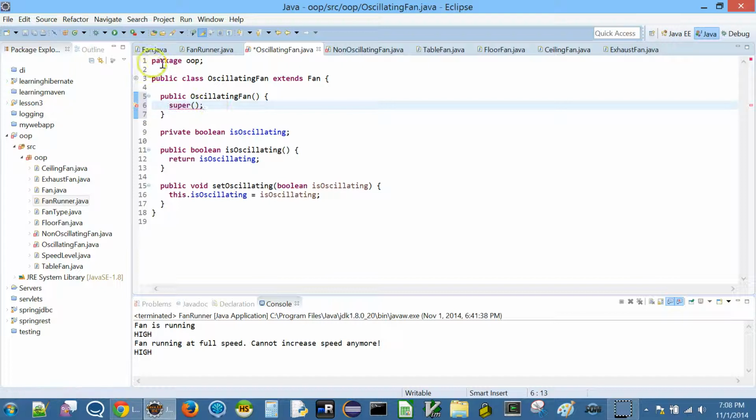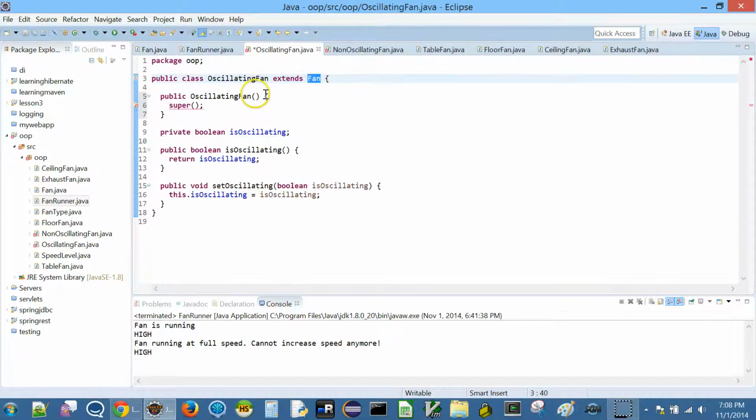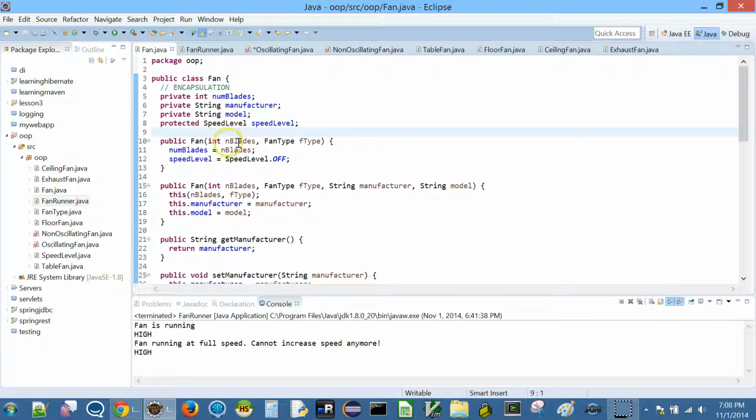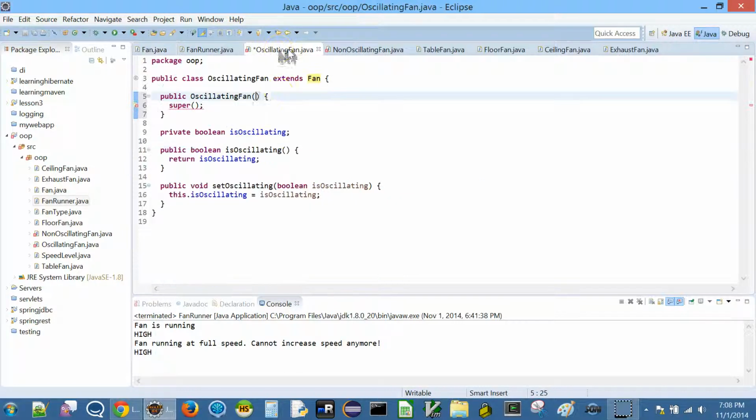What does this super do? It's just going to go to the parent class and invoke a constructor, and here we have only these two constructors, so here we are forced to use similar arguments. Now why is this useful? This is useful because even when you create an oscillating fan, you should want to create it with these fields.